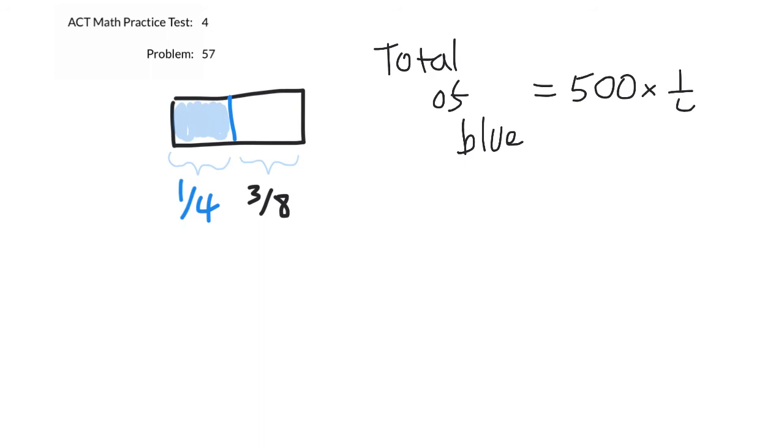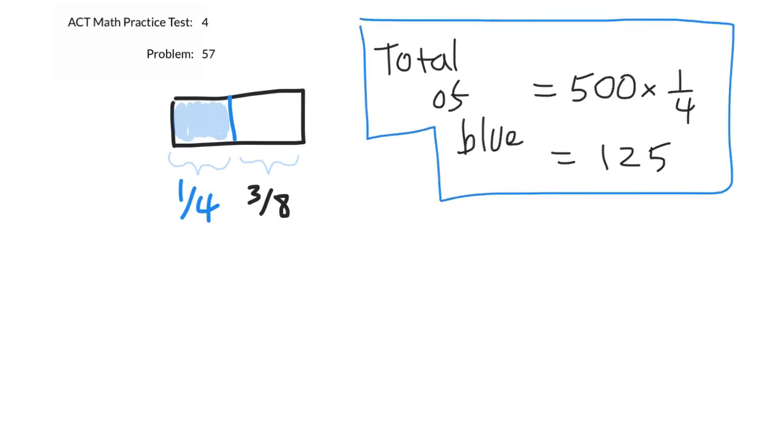And that turns out to be 125. That's the total length of the blue material. Then we have the total length of the white material to contend with as well. Well, similarly, that's going to be 3/8 times 500 because this is a full banner. Each banner has 3/8 yards of white material. If we want to know the total length of white material for 500 of these, well, it's going to be